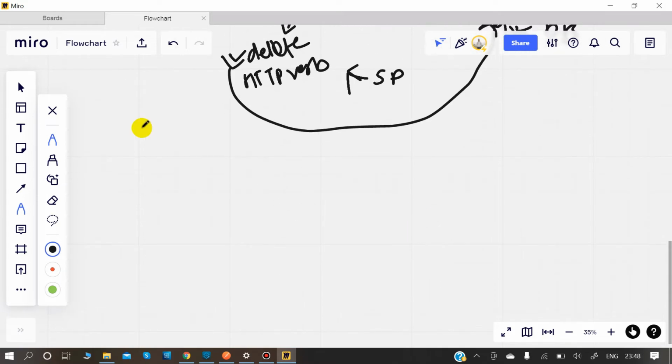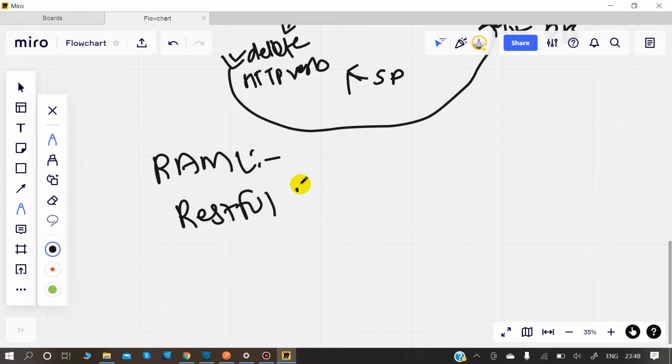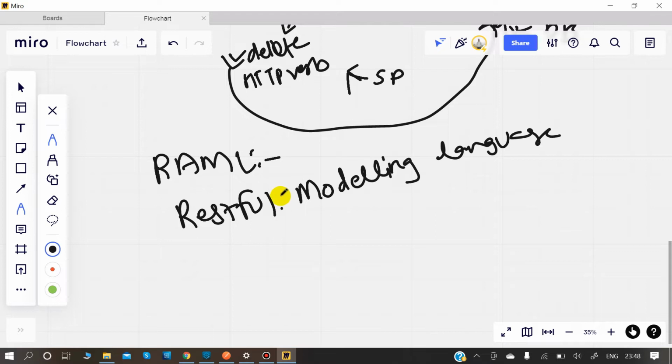Moving on to our next question, what is RAML? It stands for RESTful API Modeling Language.